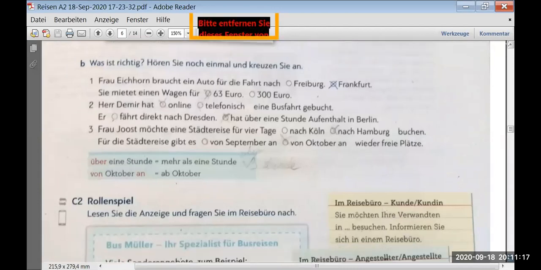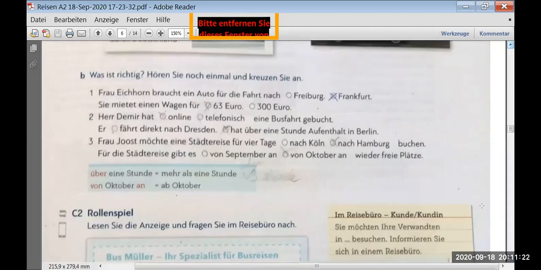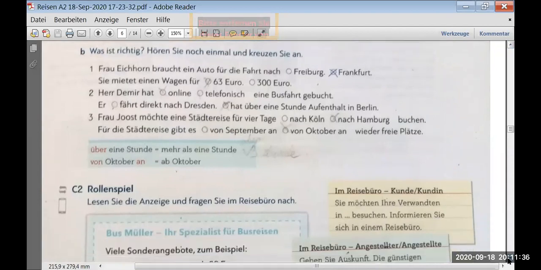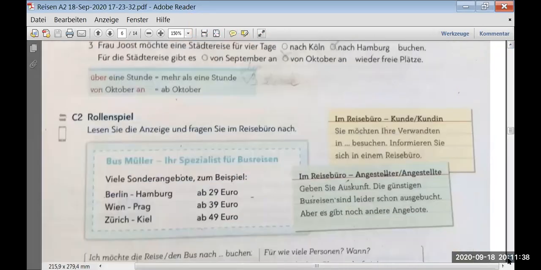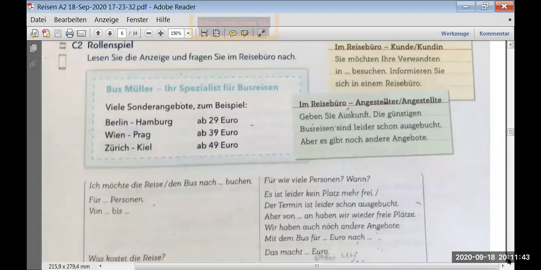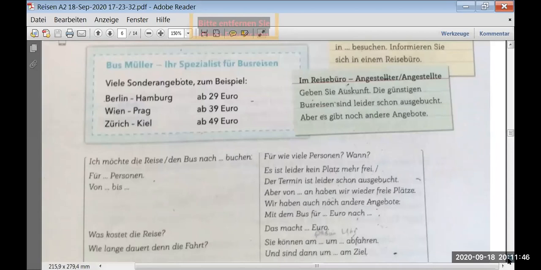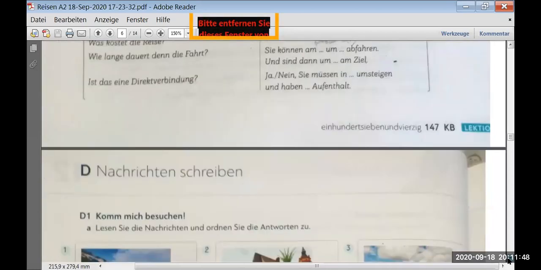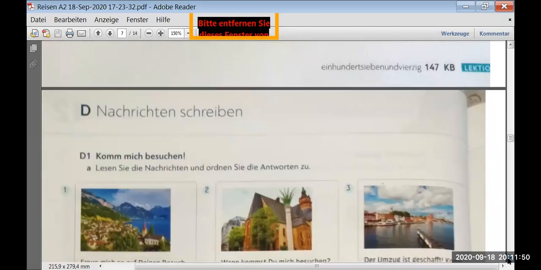No, but the Mitfahrer Gelegenheit is basically if I have a car and I want to travel to the city, I just post that I'm traveling at this time to the city, and then you travel with me. So it's not like you can book. Yeah, we used to have that in Russia. In Europe it's common where somebody is looking for a companion to travel with. You just pay something small for fuel, and then you go with the people. So you have to go according to the timing of the driver and not your timing. Exactly. Okay. Then,